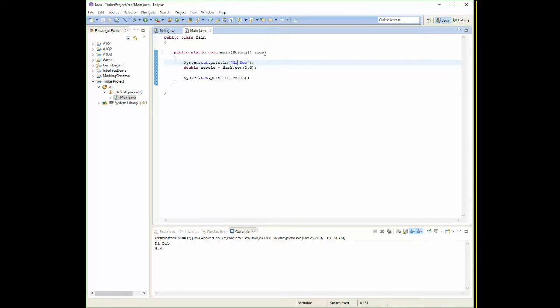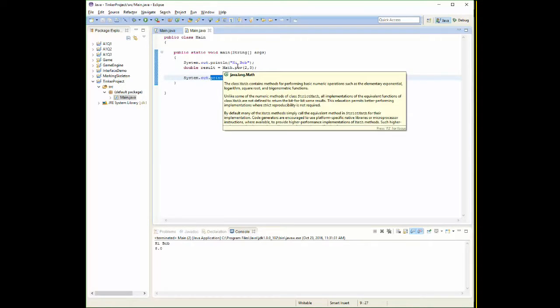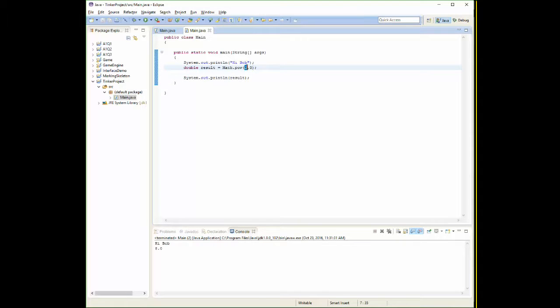So no matter what I put in println, I'm going to get that on the screen, even if it's a variable. What's going to happen is Java will jump over to the RAM and say, hey, what's the current value stored in this result variable? It will retrieve it, and then it will pass that into the println command, so println knows exactly what to print on the screen. Similarly, when we look at math.pow, it's expecting two pieces of information, a base and an